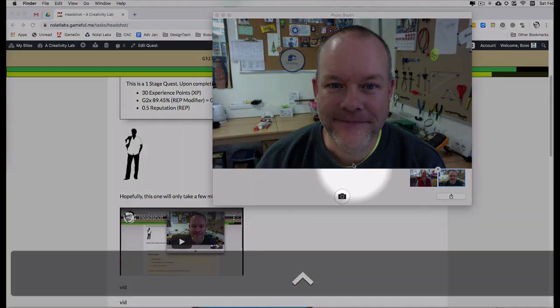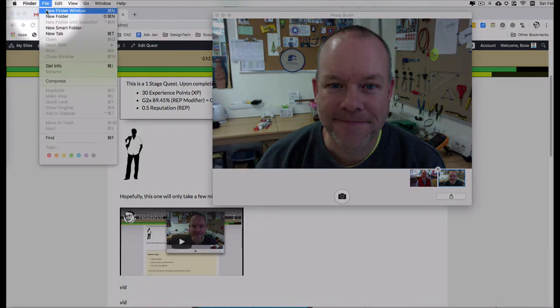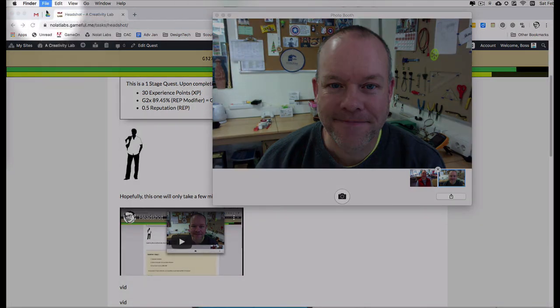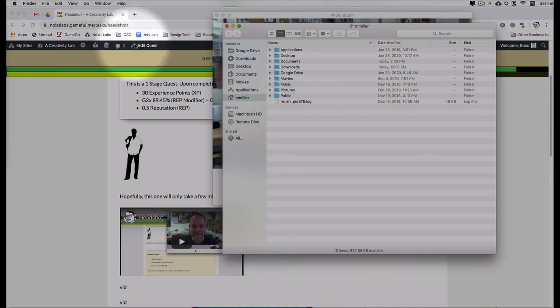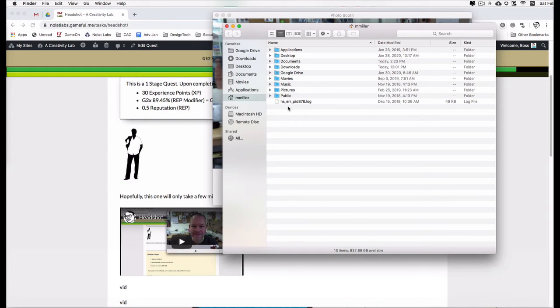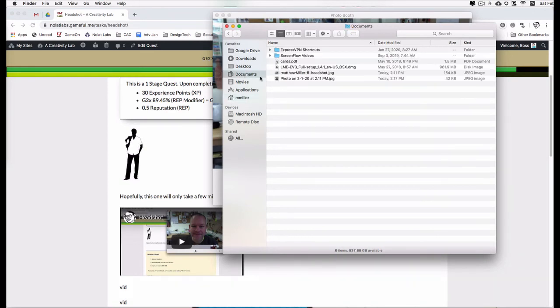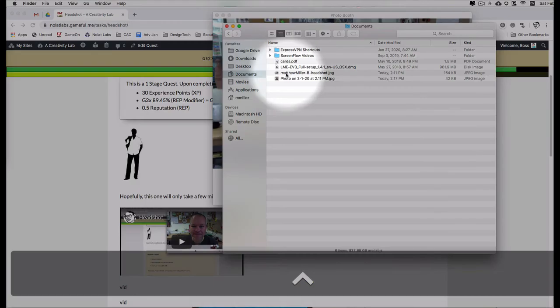Now I'm going to go up to the File menu and choose New Finder Window. And notice I didn't have to go over to my hard drive. I didn't have to do anything to get here. I did it all through shortcuts and menu choices. There's usually 3 or 4 different ways to do stuff on a Mac, and these are different ways that you can get there. I'm going to go to my Documents folder, and here's my properly named file,